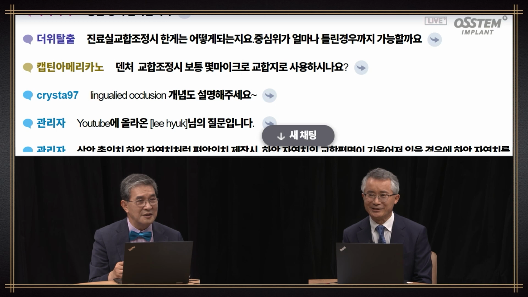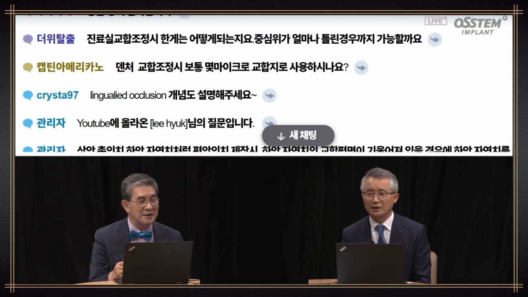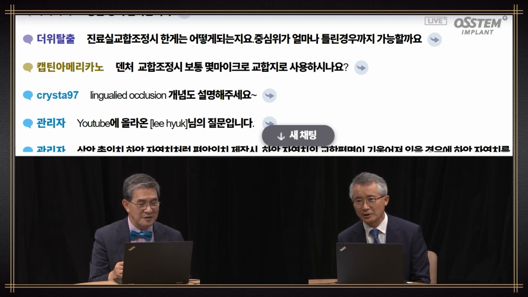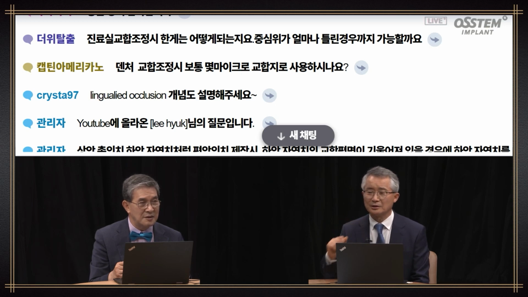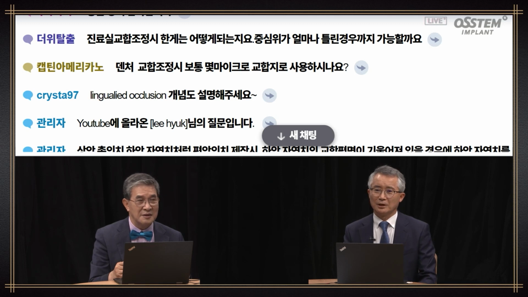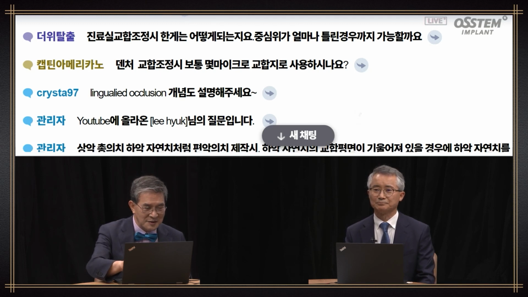There's an interesting slide that I wanted to provide. If you don't have centric relation information and you just have the information of the patient's habitual bite, then you need to give up and do it over. 1 millimeter is not a major difference. If you feel that something's wrong, then the difference is much more significant, and you need to do it over. You need to do everything on the articulator, understood?